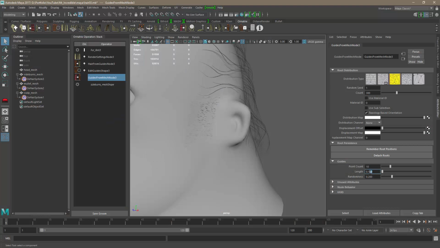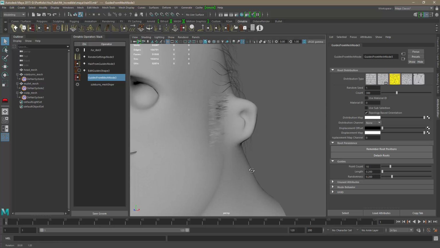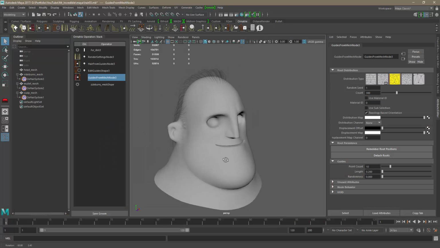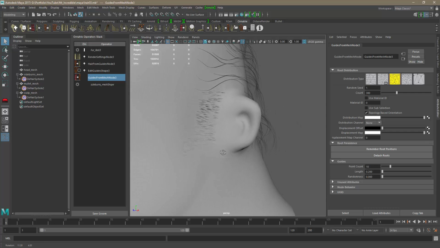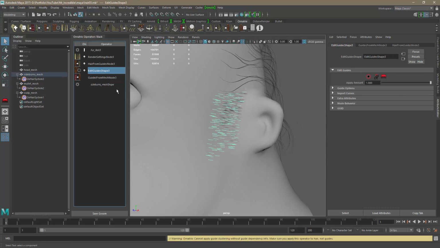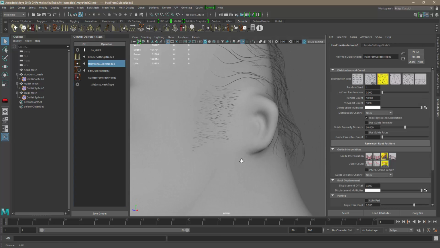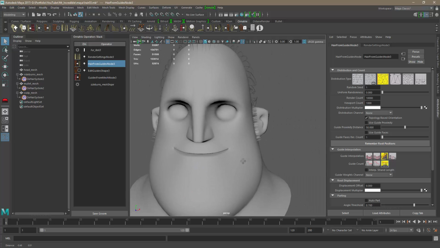Let's keep it maybe like 0.2 or something like that. Okay, and I'm gonna remove this. So, okay, I got my hair and my guides, and what I'm gonna do, first of all, let's see, yeah, so I can activate